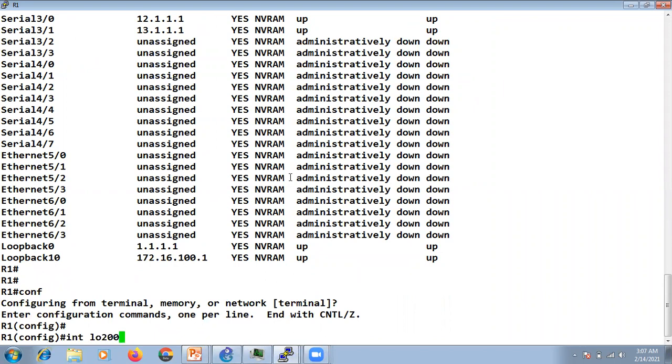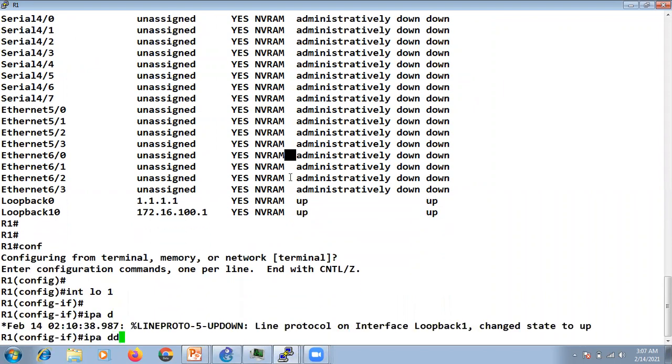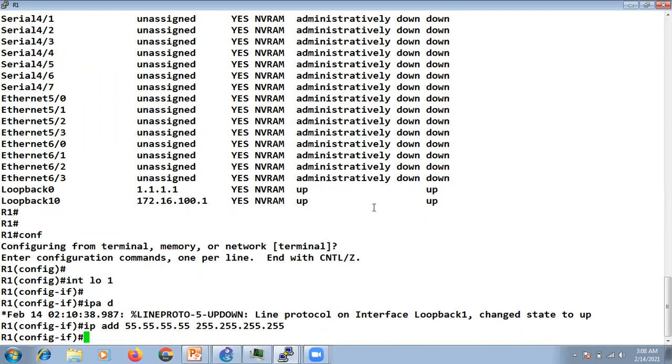Interface loopback 1, IP address, let's say 55.55.55.55, 255.255.255.255, right?